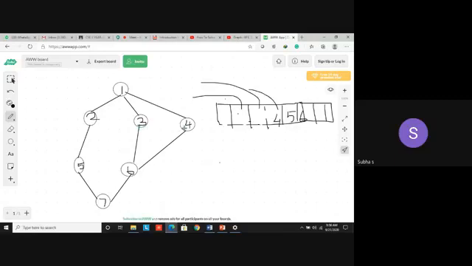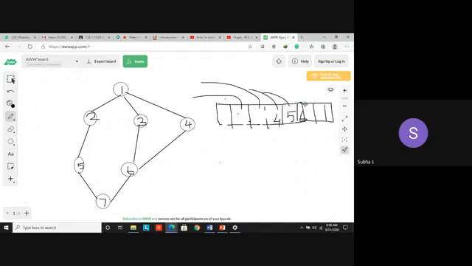Now come to 4. What are the nodes adjacent to 4? 1 and 6. But 1 and 6 are already visited. So we are marking the visited node as what? 1. If the node is unvisited, make it 0. If it is visited, make it 1. This is for our understanding only. Okay. So it's already visited. So no problem. No need to put 6 here again. You have removed 4. Now what do you have to do?